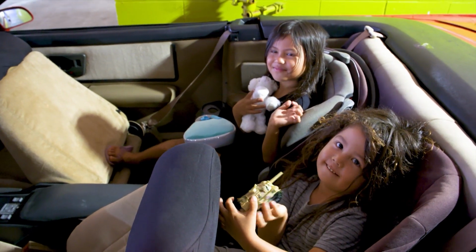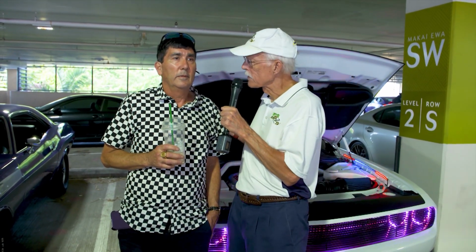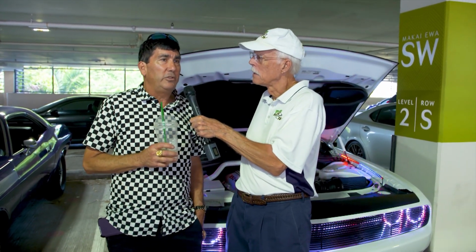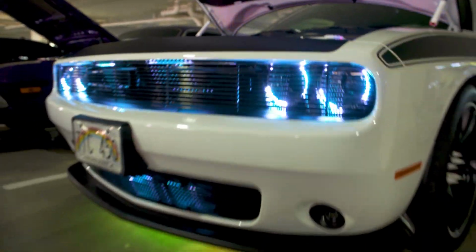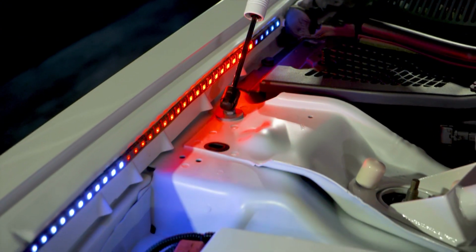Okay, that's good, thanks. So this particular car that Norm has is all about lights. He's going to tell us about the car and the lights. Okay, the 2019 Dodge Challenger. It has some upgrades. It has a 40,000 volt coil pack, headers, bypass exhaust, and the lighting trim has off the interior, the underbody. The headlights are the halos, and the interior is customized by